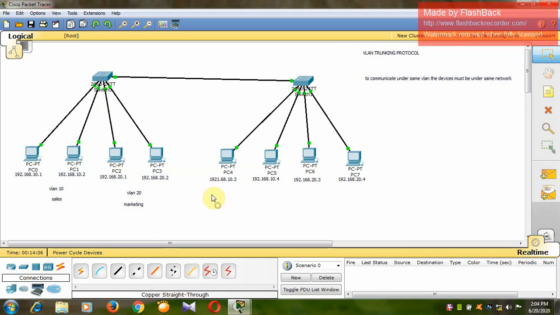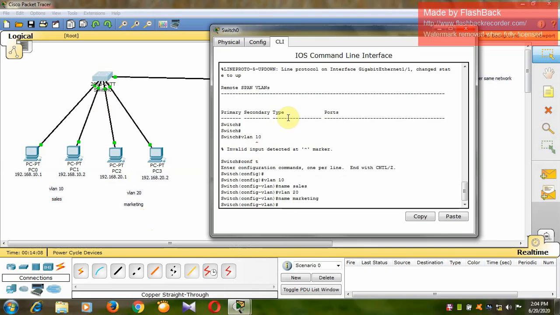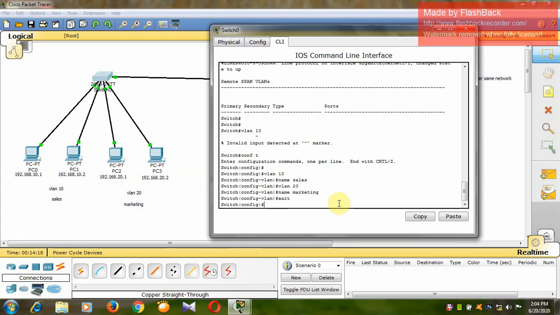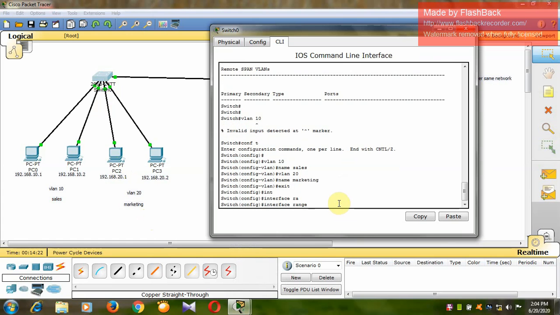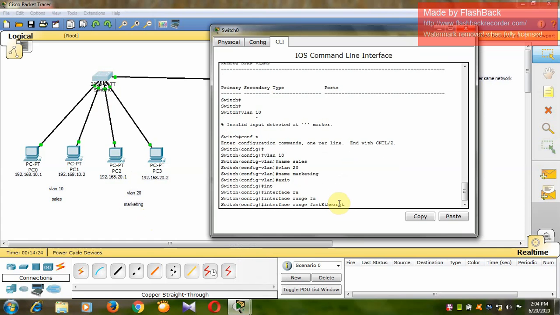Okay, now I will put this interface. For that you have to write exit. We can write interface range fastethernet 0/1 to 2, because ports 0/1 and 0/2 are under the same network.